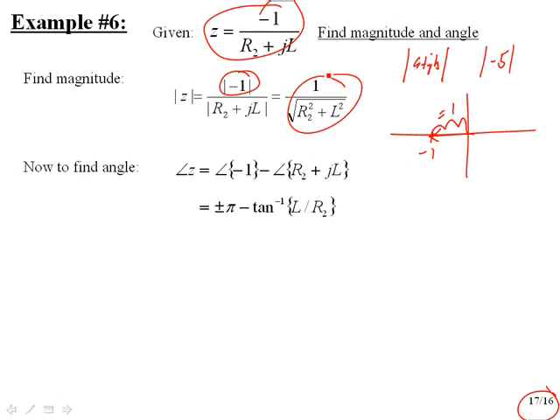Now to find the angle. This is really why I put this in here. The angle of -1, well, that's just this angle here. So it's plus or minus pi, either one. And then we have minus the inverse tangent of L over